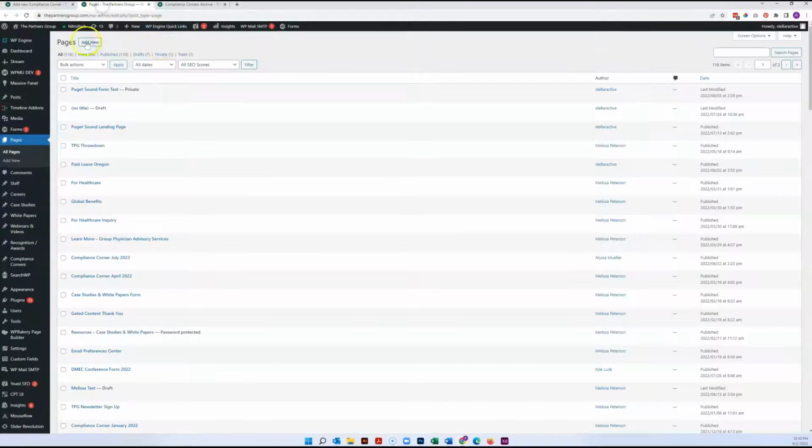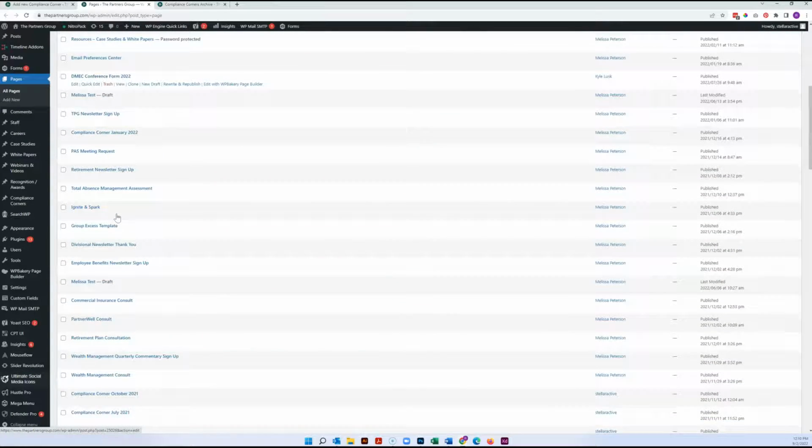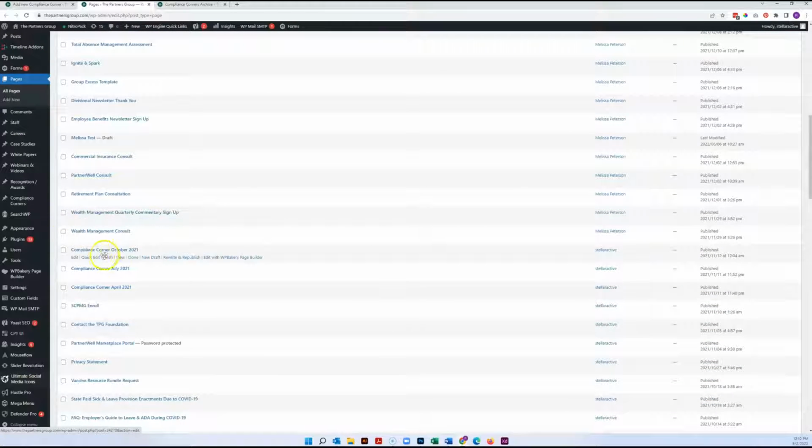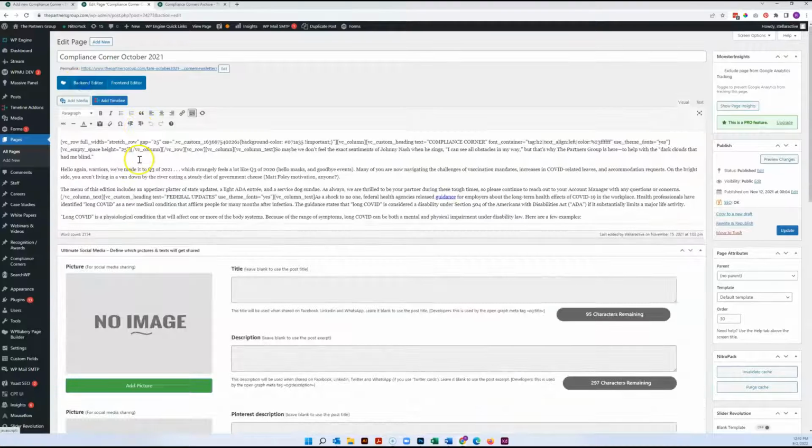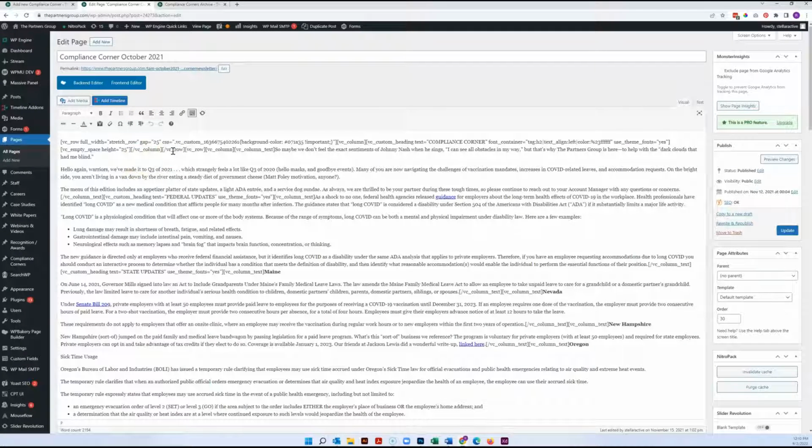Let's go ahead and move one of these over. So if we come to Pages and we come to, here's this Compliance Corner 2021. And of course, this was done using WP Bakery. So a really nice and easy way to transfer this over is to just come right up here to Classic Mode. And then you can